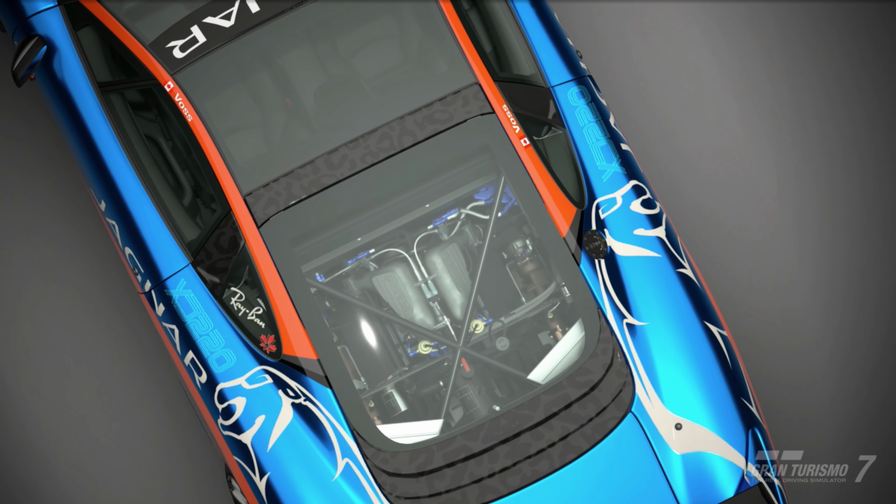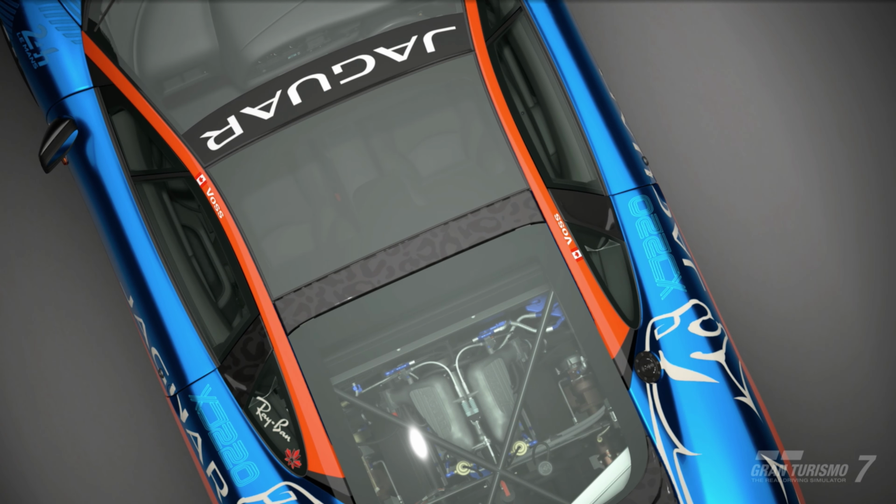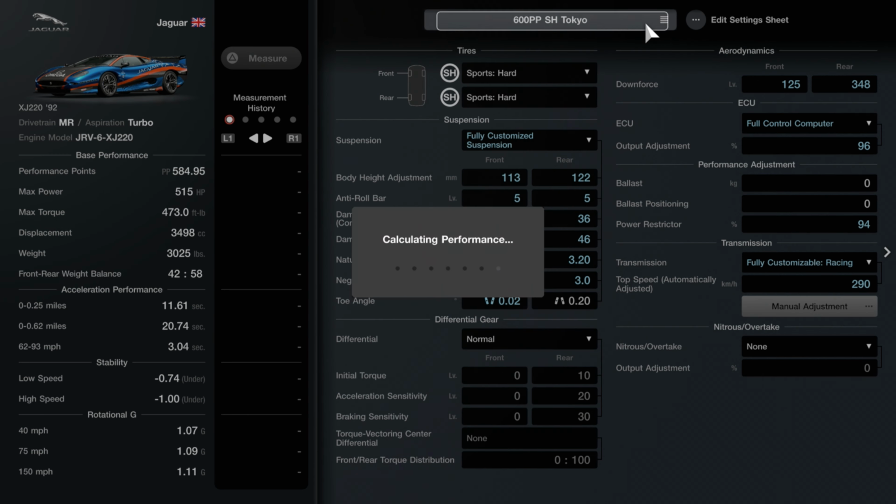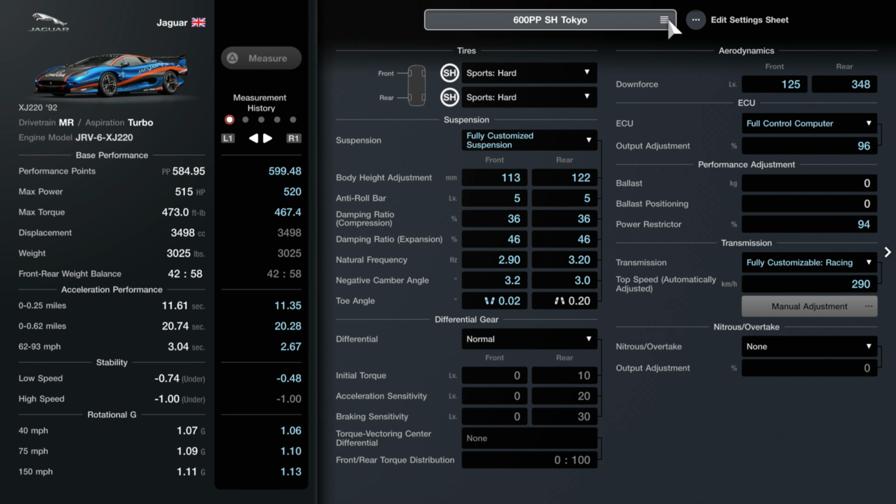So let's talk about performance. As mentioned, I've targeted this car to 600 performance points and focused it on Tokyo. This tune is versatile, it'll work on nearly any track. Once you have the suspension tune, you can easily adjust tire selection and engine output to get it to qualify